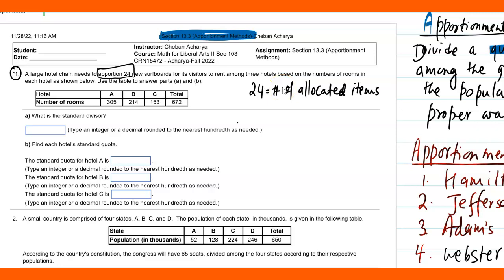And this 24 has to be divided into 3 hotels, A, B, C. These are the groups. Hotel A, one group. Hotel B, another group. Hotel C, another group. And each hotel has a number of rooms. It's like the number of rooms is the population, not actually the